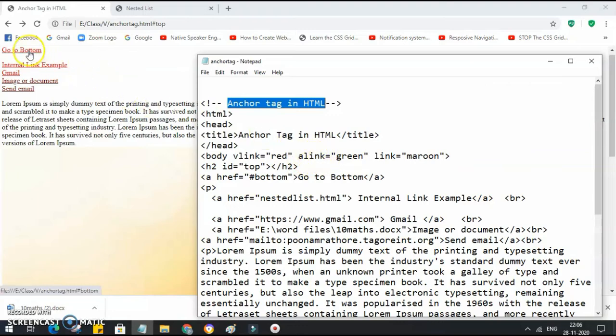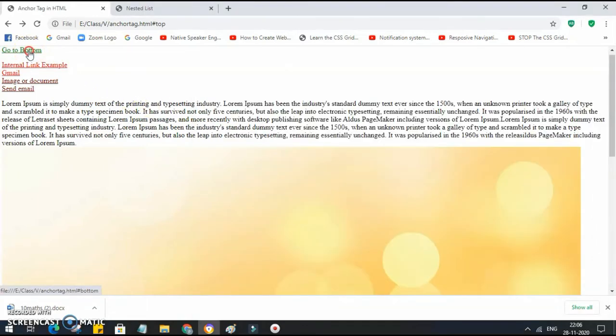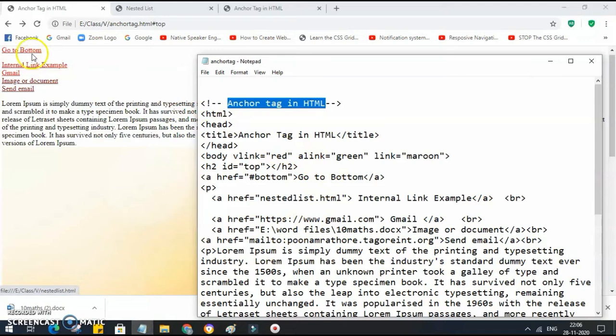If I click on a particular link, you can see it is green in color. So it is active right now. I have given the green color, that's why it turned green. Then link, whatever the new link, if it is not visited, will be displayed in maroon color. So you can see these two are not visited by me, and they are appearing in the link color.